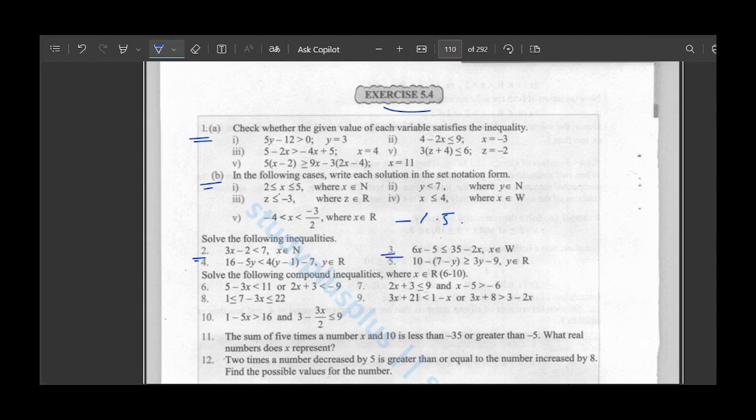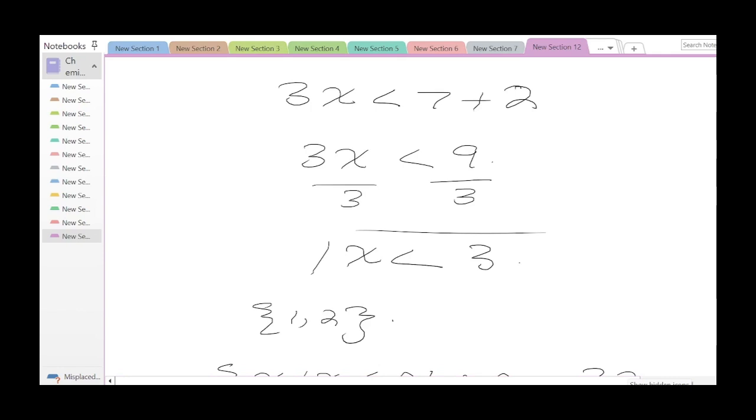In question number 3, we have 6x minus 5 is less than or equal to 35 minus 2x and x belongs to the set of whole numbers. Whole numbers start from 0, 1, 2, 3 and so on. Okay, so how can we solve the inequality? Let's write it first. In the inequality, we have 6x minus 5 that is less than or equal to 35